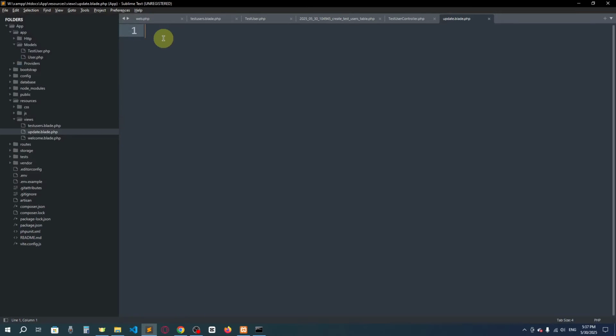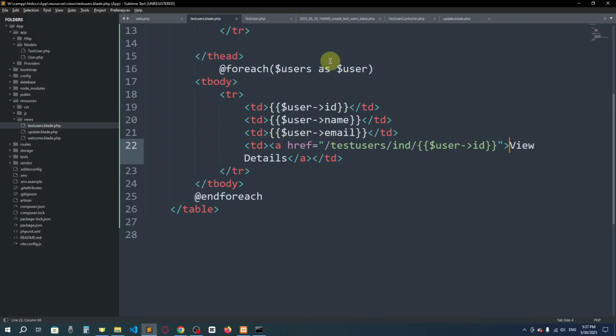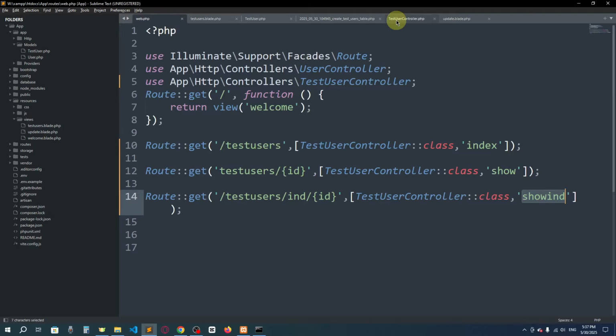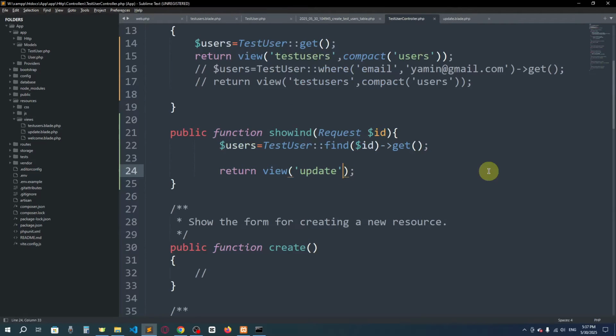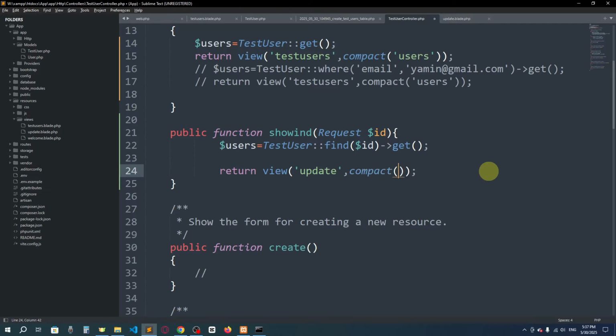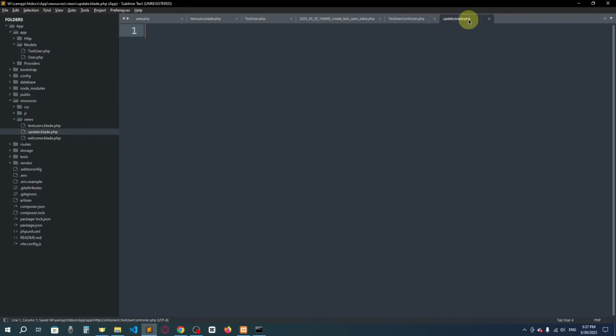Yeah, and here it will actually go from here, and we have to actually compact it. So I will say compact the users. All right, now it will go here, update.blade.php, and here I actually want to add a form,